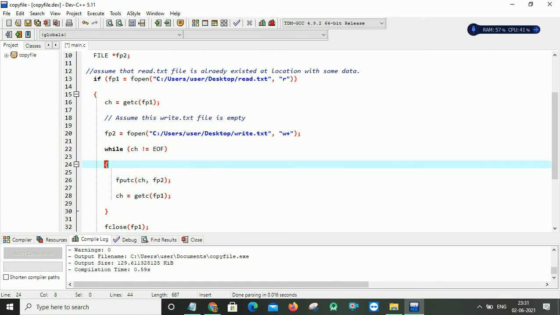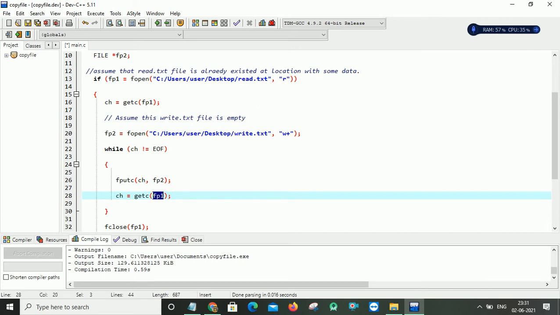See, simply the logic. fputc is a function which will write the contents character by character into your second file, because fp2 is pointing to your second file, and now you have to read from your first file.